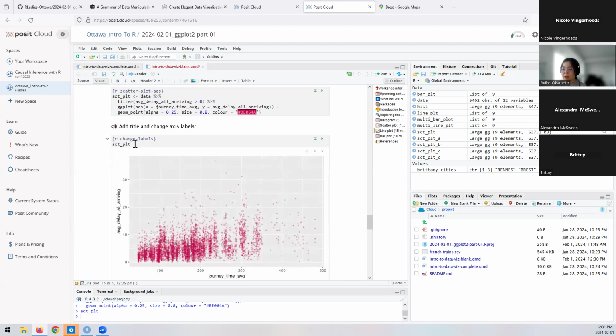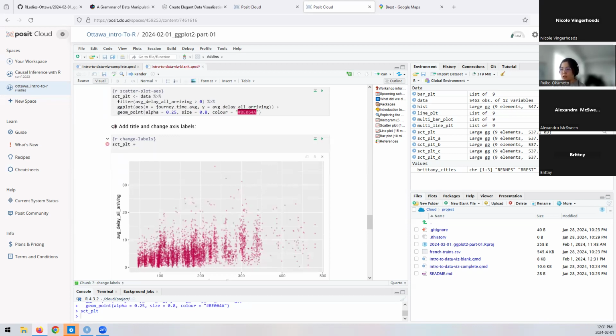So I have the scatter plot that I created in the above code chunk. And in order to modify, edit things, you can continuously add different ggplot functions to your plot. You can layer them. And we're going to layer it on with a function called labs, which allow you to manipulate the labels and make sure that you're using the plus sign, not the pipe here. And labs takes on a few different arguments. First thing that we'll use is the title argument. Maybe here we want to write